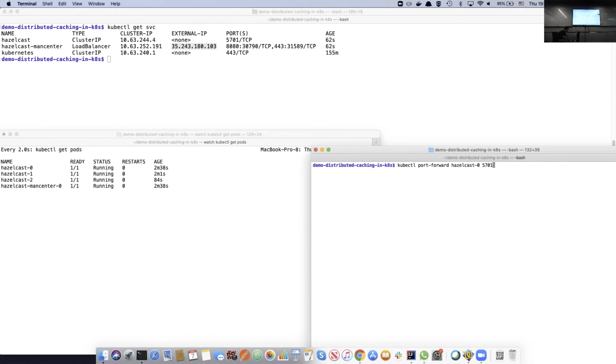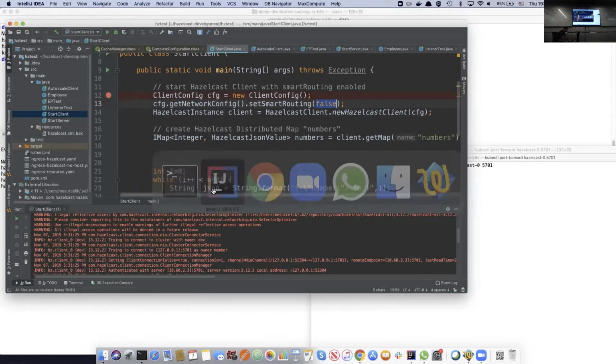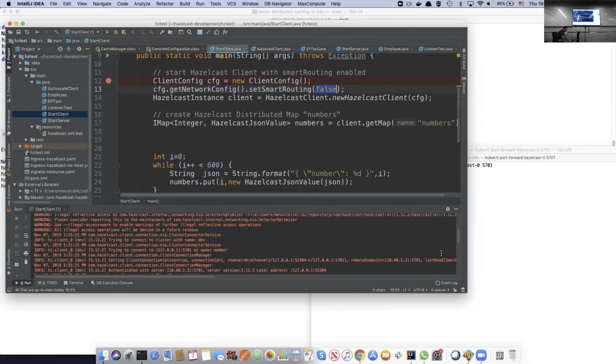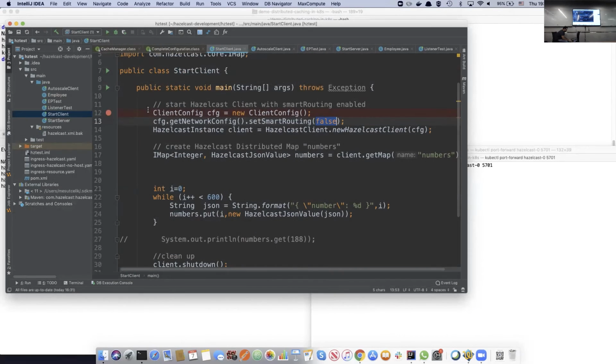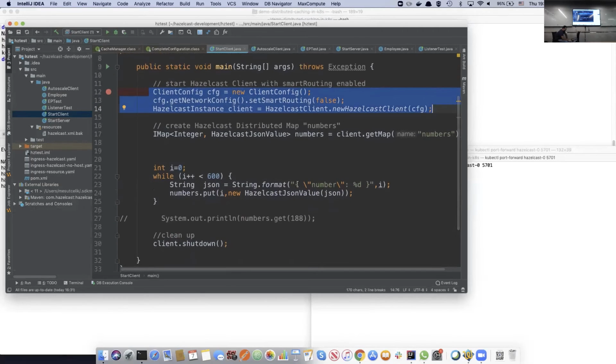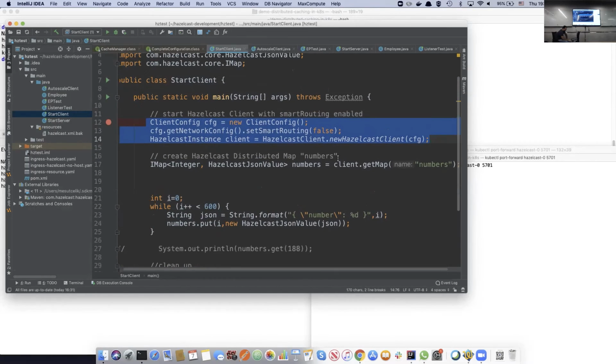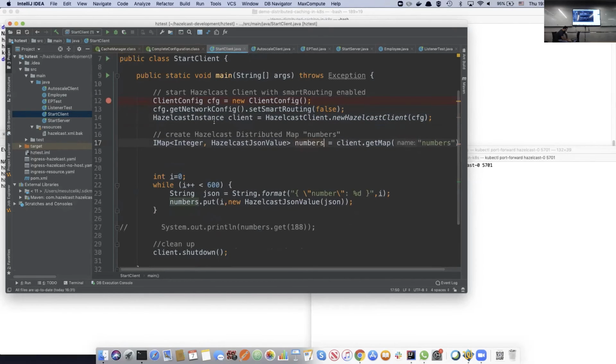Okay, so this is a simple Java code. What it does is create a Hazelcast client, and it's just putting some dummy JSON entries into the cluster, 600 of them. So you can simply divide by 3 because we have 3 members. So when I start this one,